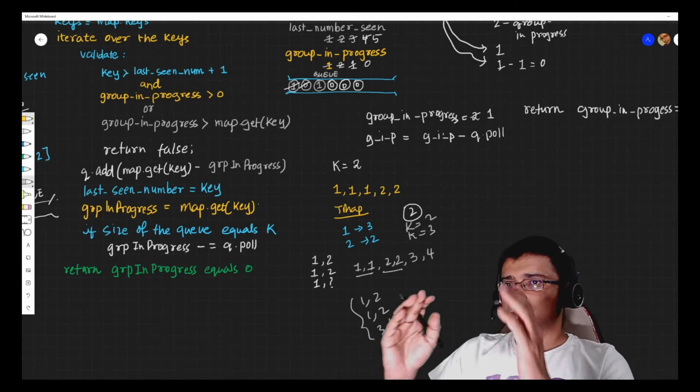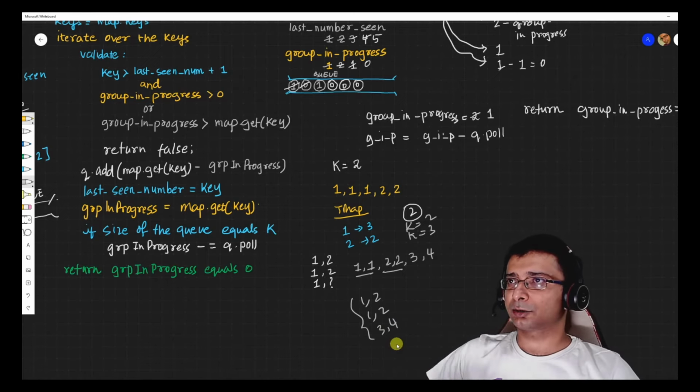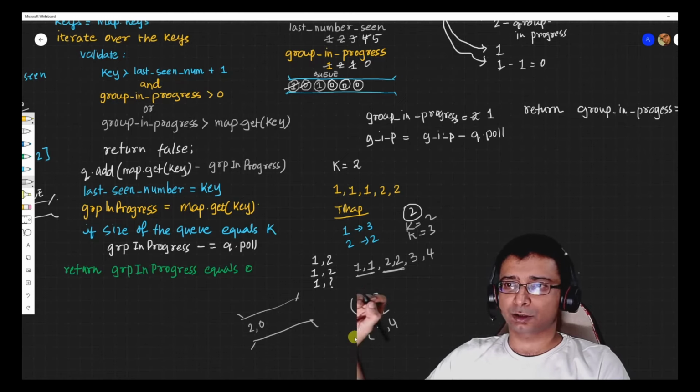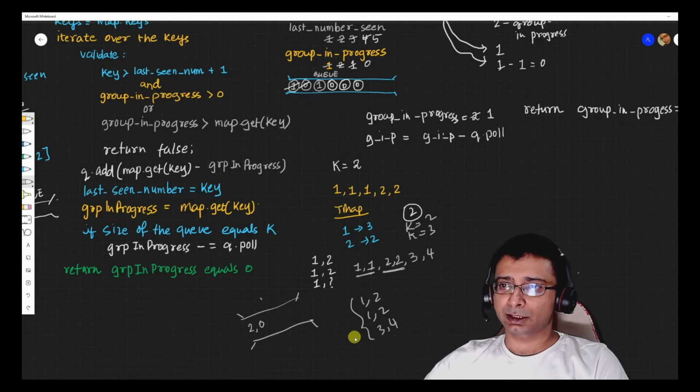So that's why we are removing things out of the queue when we reach the desired size. For 1, I'll put a 2 in the queue, right? And for 2, I will put 0 because I haven't started any group over here, right? And the moment the queue size is equal to the size of k, I am going to remove this 2, and I am going to do GIP equals to GIP minus q.poll, right? Which will reset my GIP to 0,